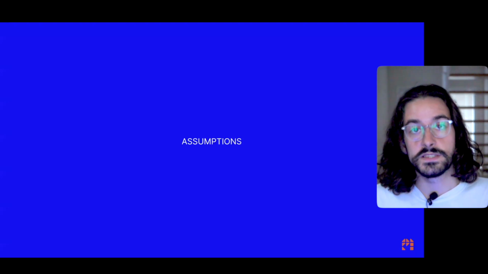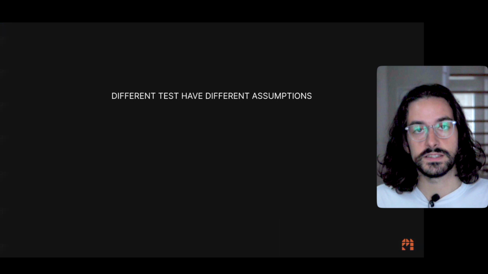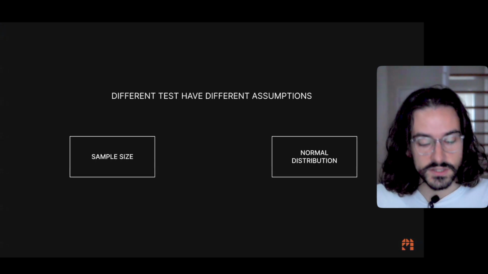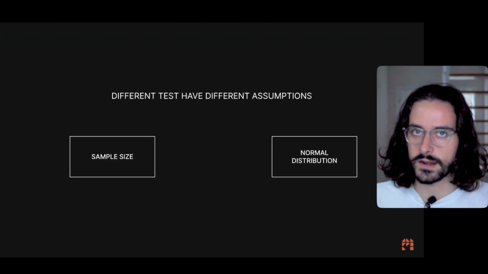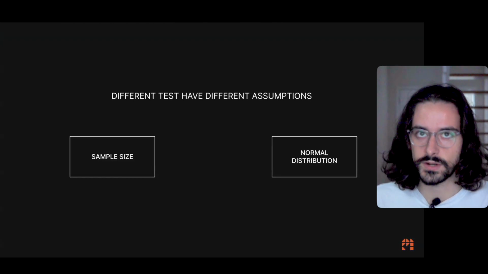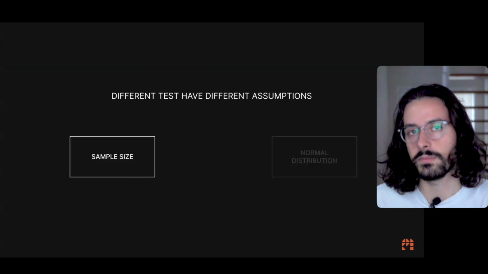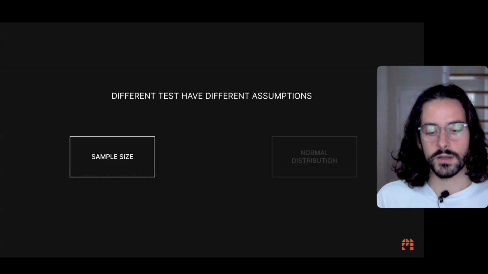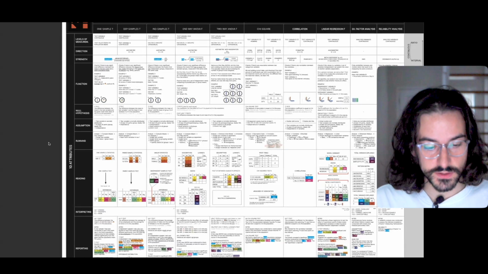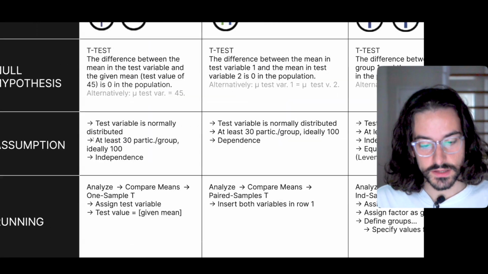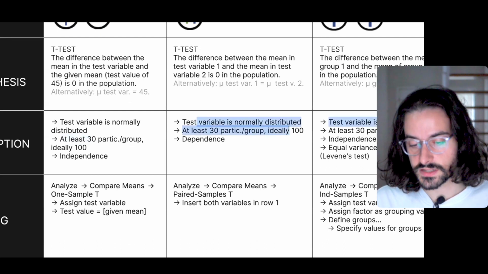Assumptions is another specific nuance that we could have in a test. Different tests have different assumptions, usually in terms of sample size and normal distribution. But the normal distribution assumption, we just talked about it from day one. We're considering that everything's normally distributed, so we don't really think about that too much. We usually think about sample size. And here on the mega table, we can see that different tests are going to have different assumptions. Here on the assumption row, you can see test variables normally distributed, 30 participants per group, 30 participants per group,